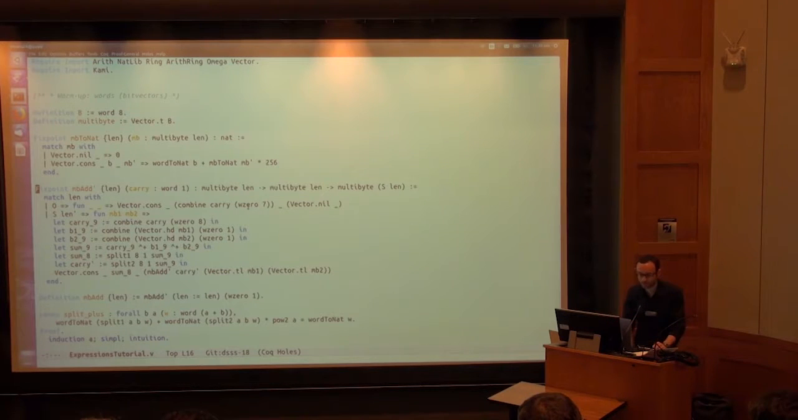byte of the output. And otherwise, I'll zero extend the carry, zero extend the heads of the two vectors that came in, and add them all together using this plus on word operator. And then I'll split the results of that in two different ways using split 1 and split 2. Split 1 returns the lower order 8 bits, and split 2 here is returning the higher order 1 bits